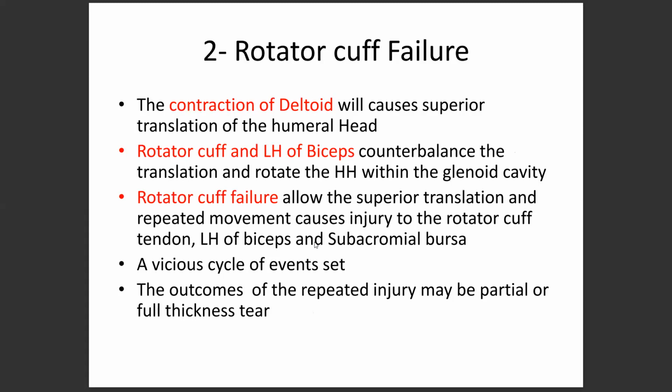Now let's come toward the second mechanism, which was the rotator cuff failure. Before that, that was the PC, the posterior capsule tightness. So if we summarize, we said that when there is posterior capsule tightness, then what will happen? There will be internal rotation deficit. When there is internal rotation deficit, then reaching up behind the back or the other elevation of the scapula